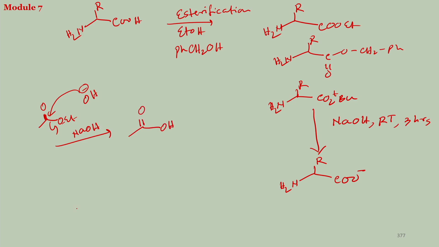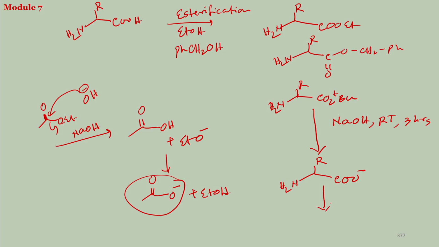You will have OH minus plus the ester giving the acid plus EtO minus. Obviously, this is acidic, so this will transfer the proton here, and in the equilibrium what you get is O minus plus the ethanol. That is your standard base catalyzed hydrolysis reaction. So, that usually gives you a carboxylate anion. So, you will have a carboxylate anion first here,